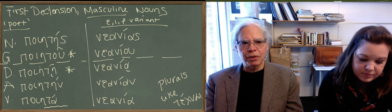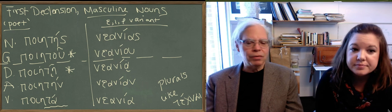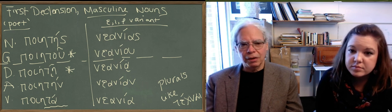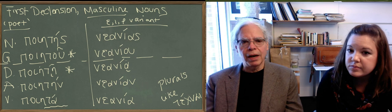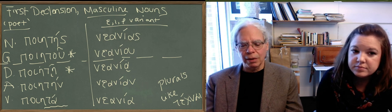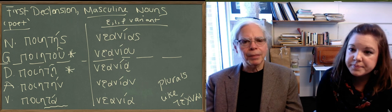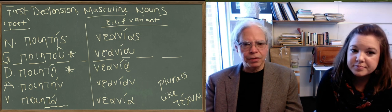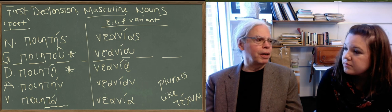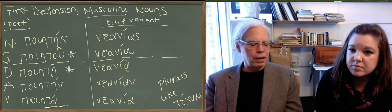And notice what happens in the genitive and the dative. That acute becomes a circumflex, right? We know this pattern, right? We've seen it in hodos, for example, in the second declension masculine nouns, and agora in the first declension feminine nouns, right? That in the accusative and the nominative, you preserve the acute on the last syllable, but in the long voweled or diphthong forms of the genitive and the dative, it becomes a circumflex. Okay, so the relationship between poietes and anias is exactly analogous to the relationship between techne type nouns and agora type nouns, and also between thought type nouns and